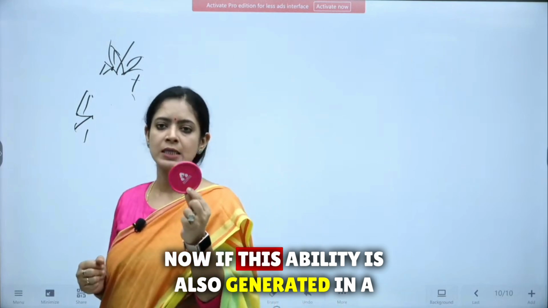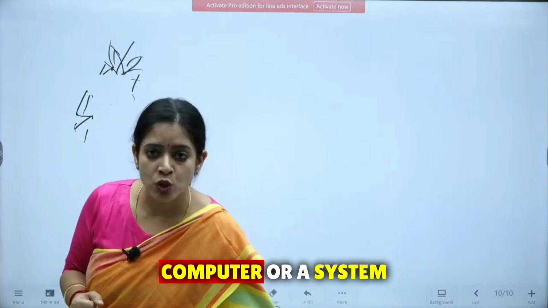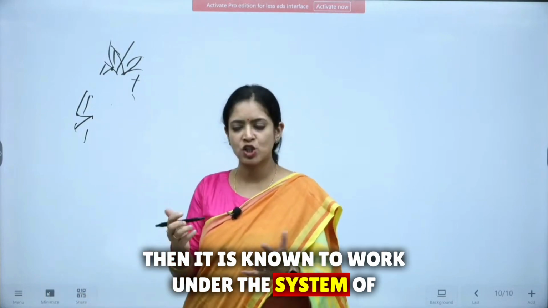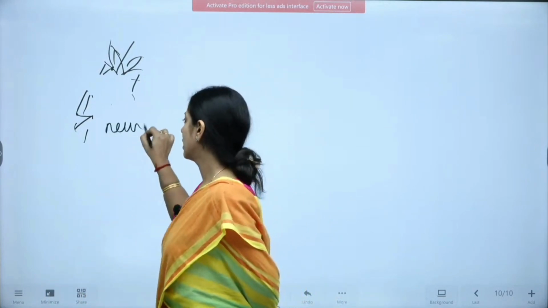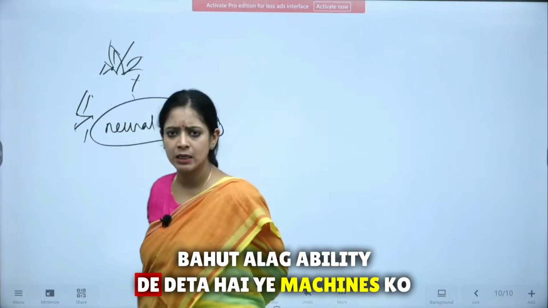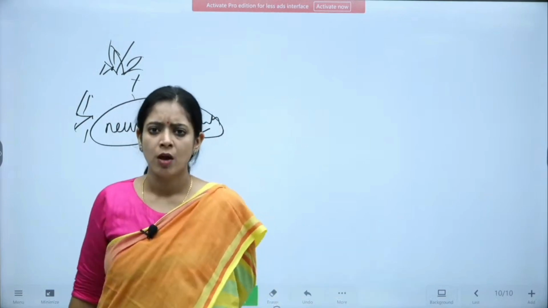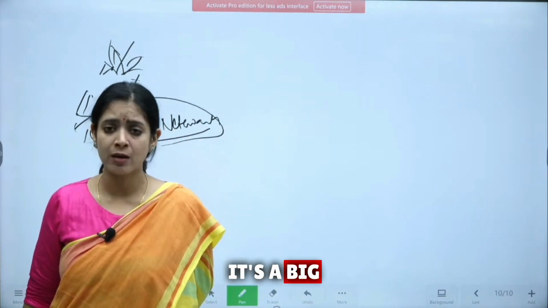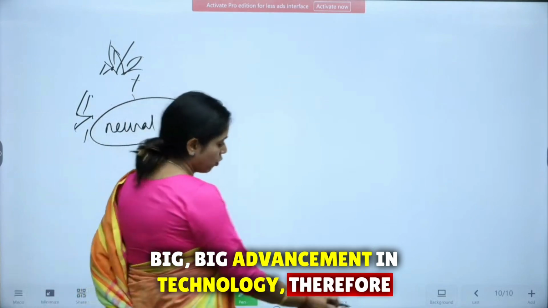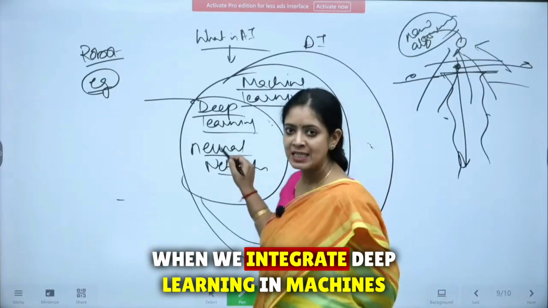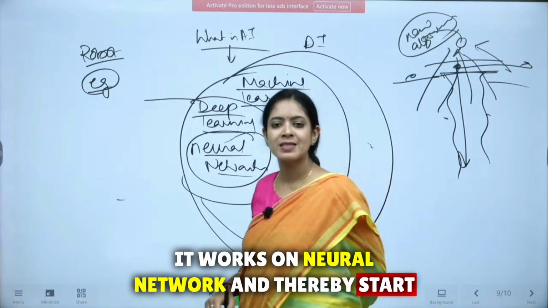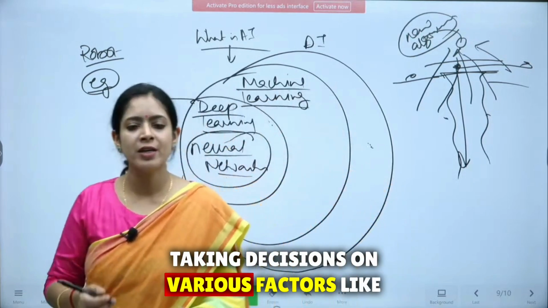Now if this ability is also generated in a computer or a system, then it is known to work under the system of neural networks. It gives machines a very different ability to think, to think like us. It's a big advancement in technology. Therefore, when we integrate deep learning in machines, it works on neural networks and thereby starts taking decisions on various factors